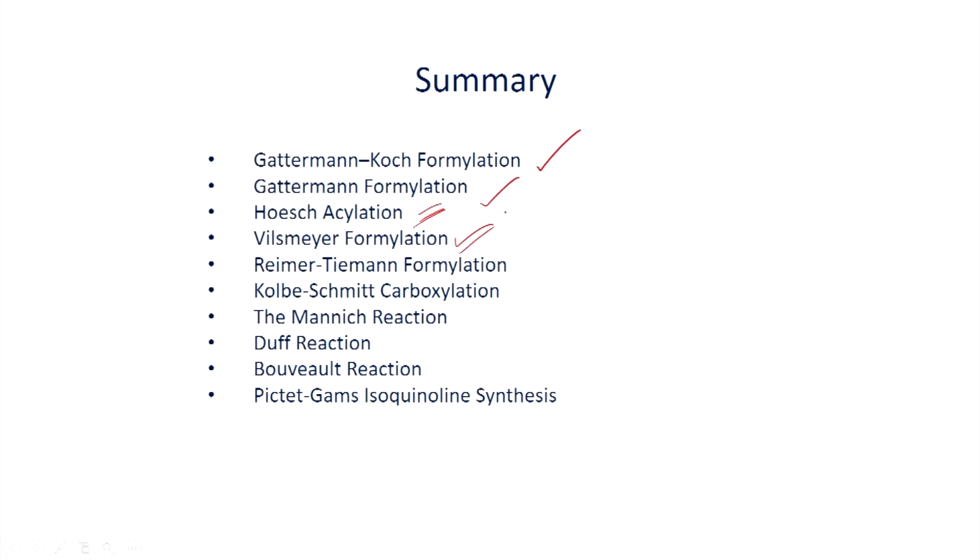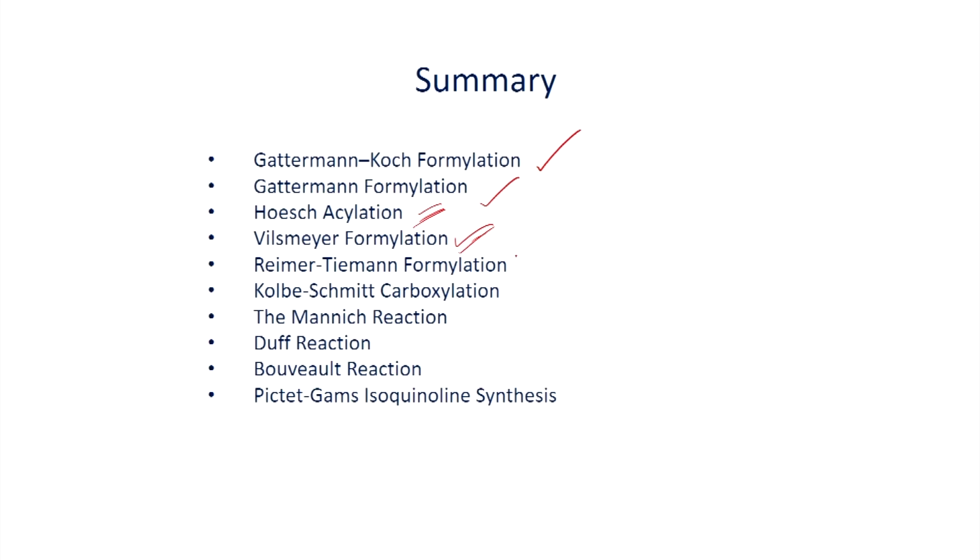Here it depends upon the reaction conditions. Suppose you use acidic condition, you will get the aldehyde. On the other hand, if you use the basic condition, it can undergo elimination to give the nitrile as the product. Then we have seen the Vilsmeier-Haack formylation, where dimethylformamide undergoes reaction with POCl3, and you make the Vilsmeier reagent, which is an iminium cation that acts as electrophile, which can undergo addition reaction. When you do the workup, you will be able to get the aromatic aldehyde.